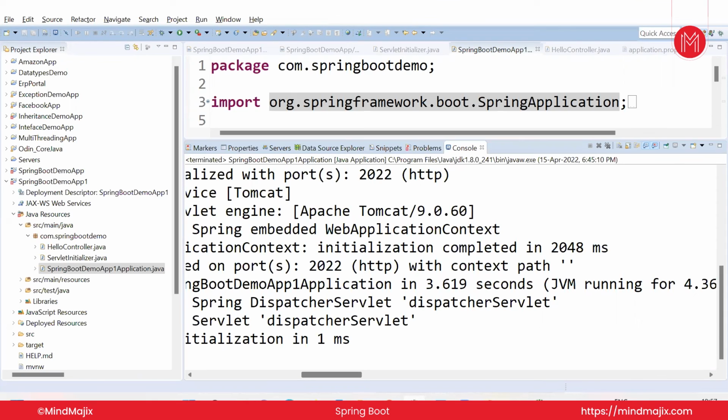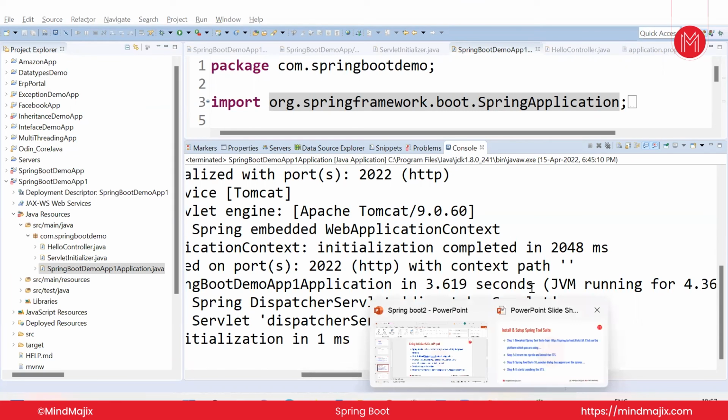You can add all the Java code in the src folder, and you can run it. But my suggestion is, among these four ways, it is better to use the STS IDE, because many real-time developers are following this scenario only. Okay. And after that, I'm just going to focus on